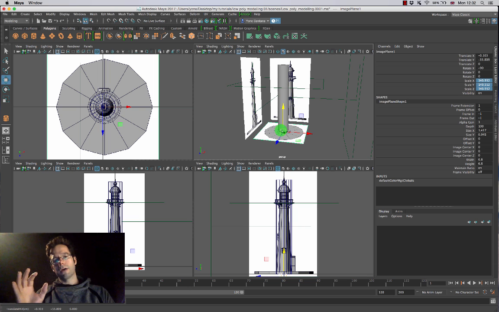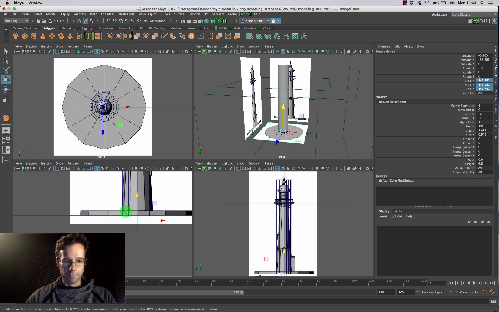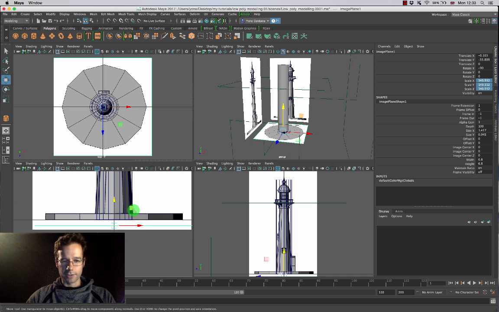Now the cool thing about having a sense of scale is that at one point we can start making other objects and figuring out how big those objects actually are. Thanks to the interactive creation mode that I showed you guys earlier, if I wanted to create another cylinder, and I want it to be the base of this object down here, well, that base is going to be a specific size, only that I never measured it out and I want to know what size it is. I could just use the measure tool and get an estimation for it,